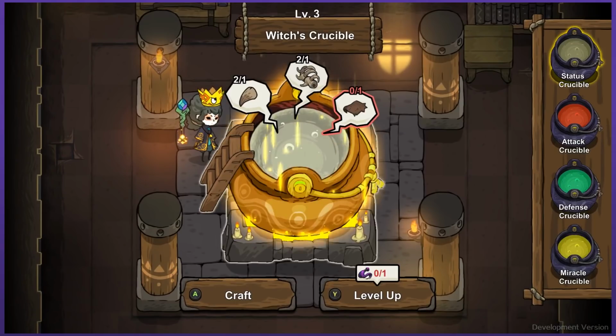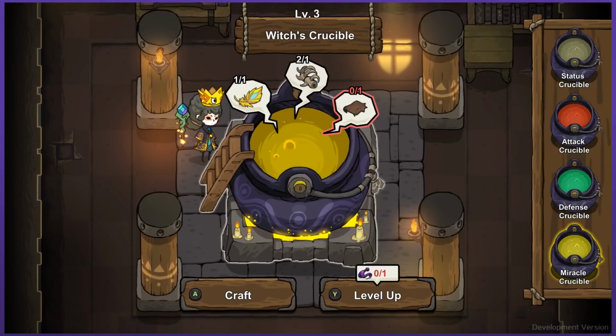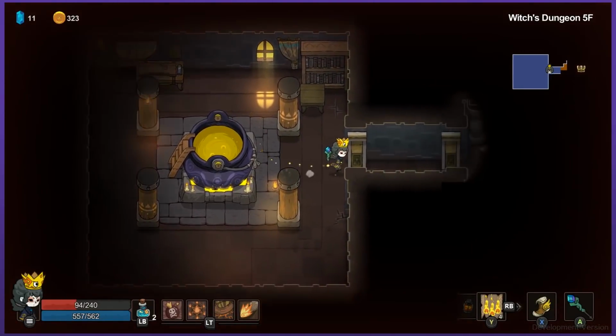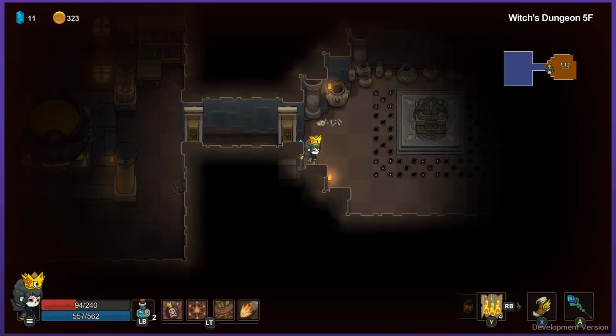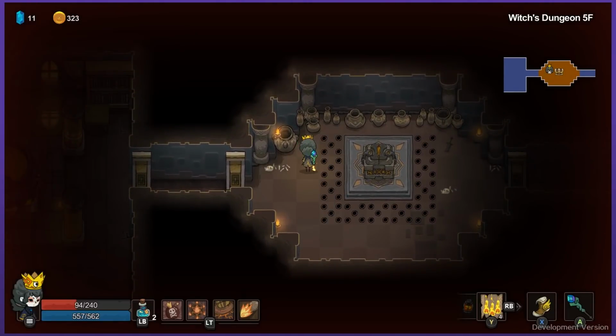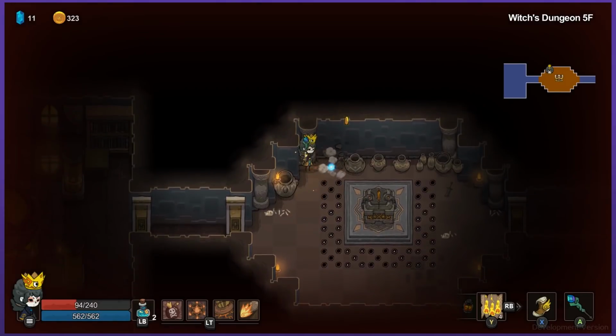Oh wait, I can upgrade yet again. And I need a beast hide, and then I can use the miracle one. So I guess I'll need that for any of them, but I'll keep a sharp eye out for a beast hide as well as I can. I don't like this. I don't like...